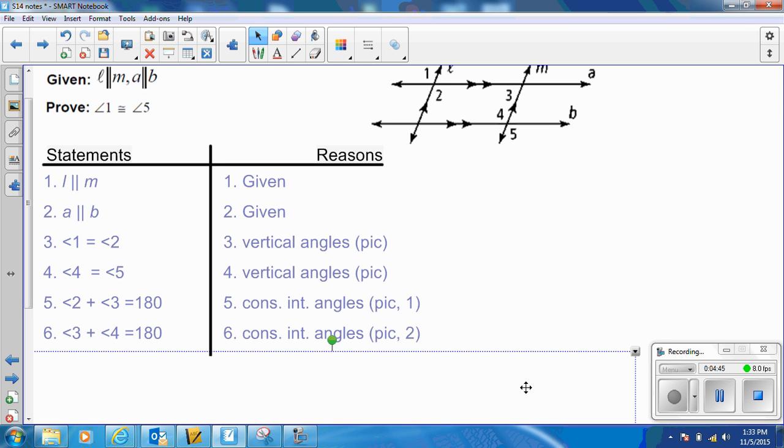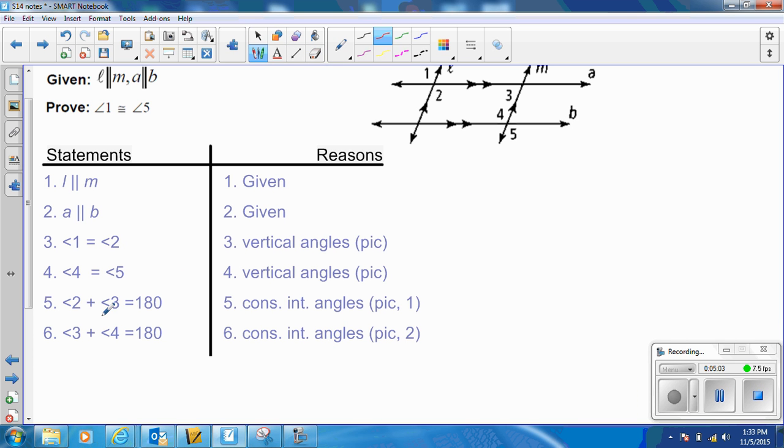So here I'm seeing that 2 plus 3 equals 180, 3 plus 4 equals 180. Well, this implies that 2 and 4 have some sort of special relationship. So the way I could think about this is, if I subtract angle 3 from each side, then I would have angle 2